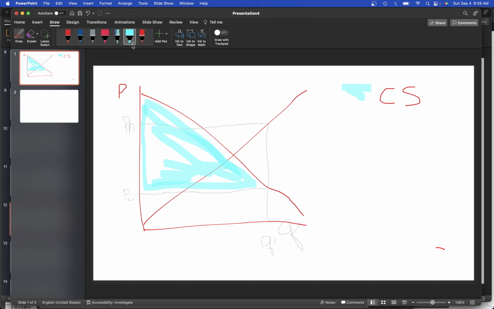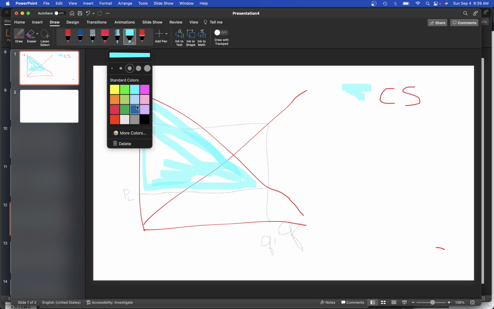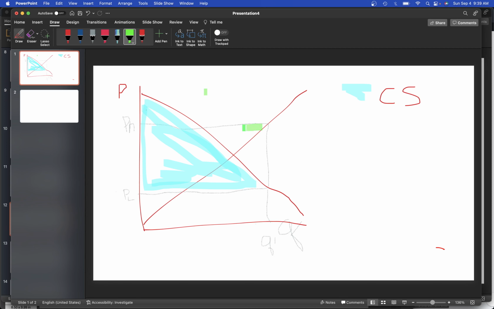Now this area, which I will shade in with a different color, let's say it's green, this will be producer surplus, this triangle here. And you can shade that little triangle there. And that area is called producer surplus, which all of these things should be familiar to everyone from their previous macro courses. And you reckon these using the quantities Q1, PH, and PL on the supply and demand